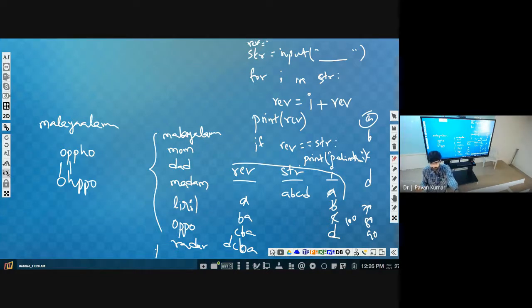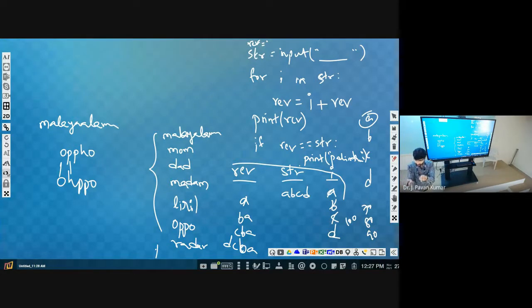Yes, very good. So what can be the logic? The first character we compare with the last character. If those two are not equal, do we need to compare anything? No, we can conclude it is not a palindrome. If those two are equal, can we conclude it is a palindrome? No, we have to go to the next one. The second character and the last but one character. If those two are not equal, not a palindrome.